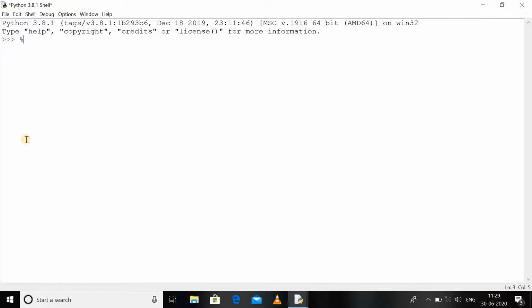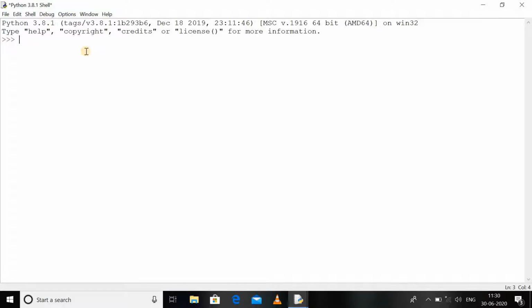So for a string it will use modulo s, for integral values it will use modulo d, for float variables it will use modulo f, and if you want to restrict the number of digits printed after the decimal point, then we have to use modulo dot nf. Here n is an integral value, so if we want a 3-digit number after the decimal, we pass 3f in this manner. While using C type string formatting, we can perform string formatting in Python as well.